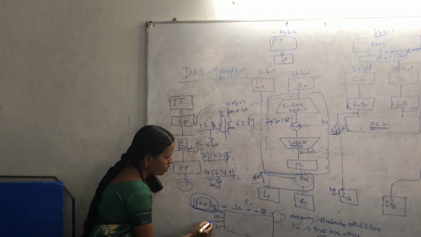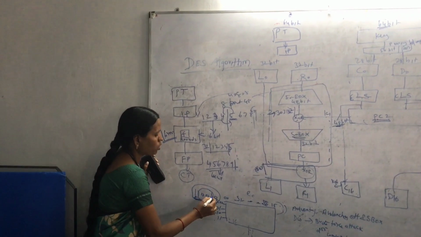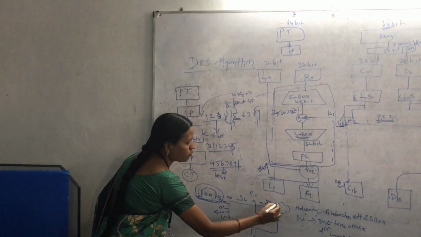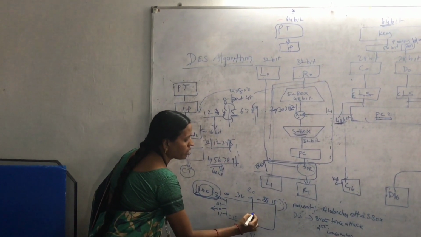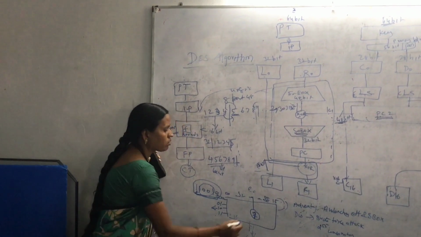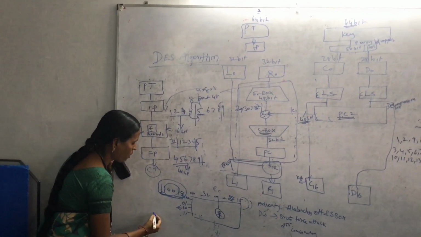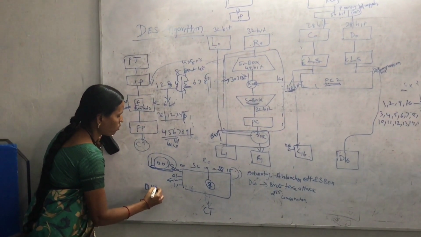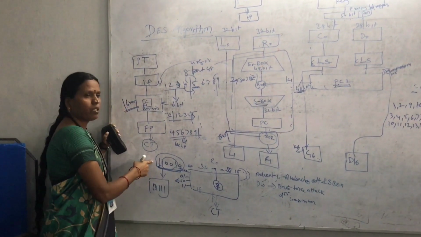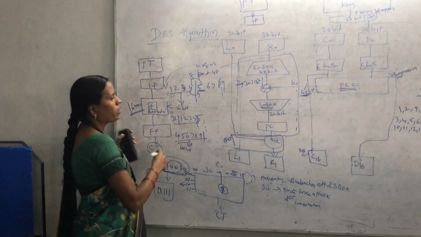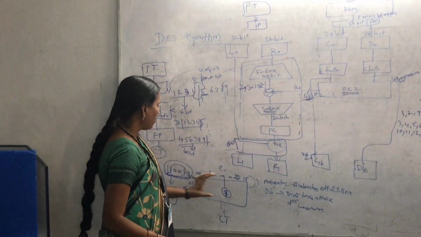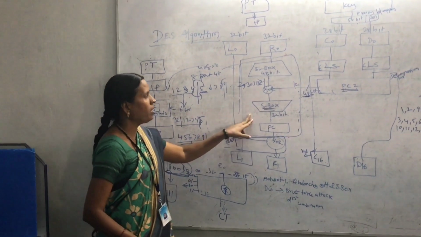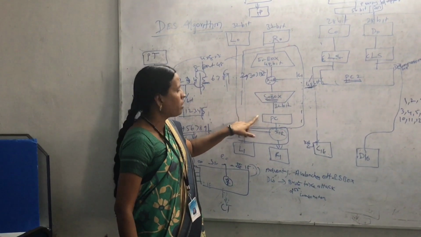So 10 is our row, and then 1001 is similar to 9, in the columns 0 to 15. So here we get some value, suppose 7 or 8. What is the binary value of 7? It is 0111. So this 6 bit becomes 4 bit. We are converting all the 8 fields of 6 bit into 4 bit, 4 8s are 32. In this way, the 48 bit can be reduced into 32 bit.